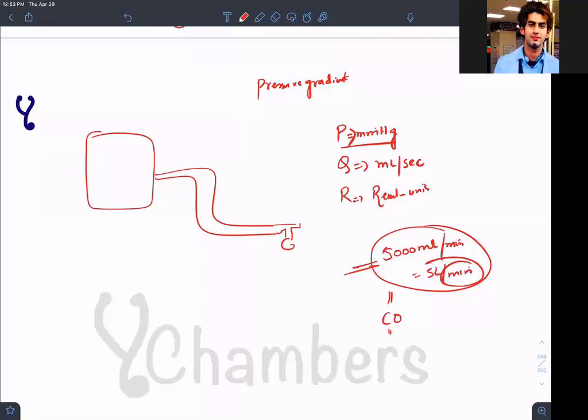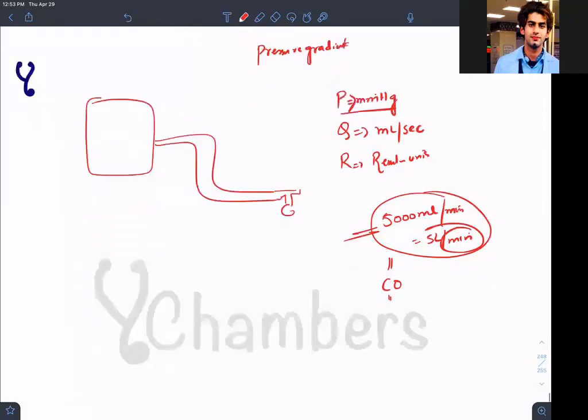Is it clear? Per minute means right now it's 12:53, 5 liter have been pumped. Now again at 54, 5 liter will be pumped. How will we understand, guys? In one minute a total of 5 liter will be pumped, then in the second minute a total of 5 liter will be pumped. Third minute, see the beauty, 5 liter per minute, guys. Is it clear?